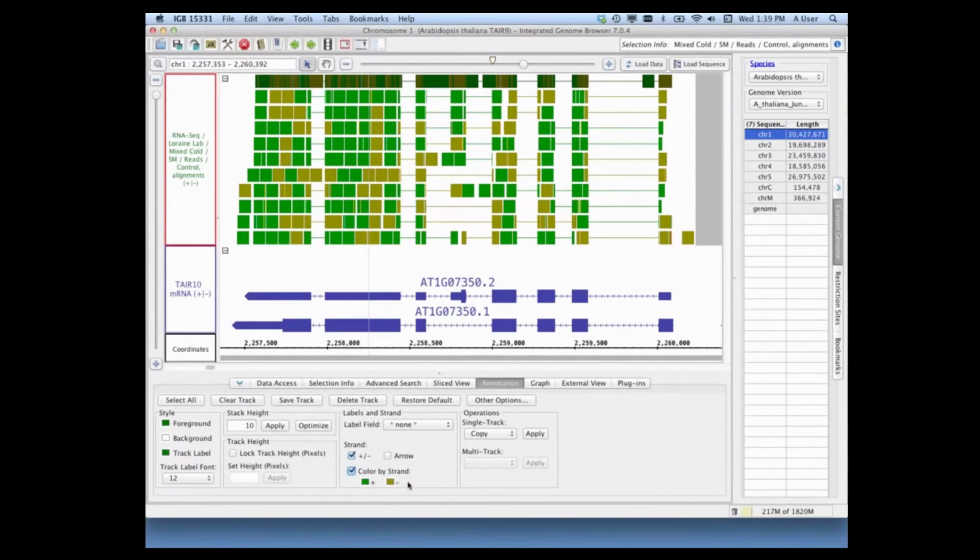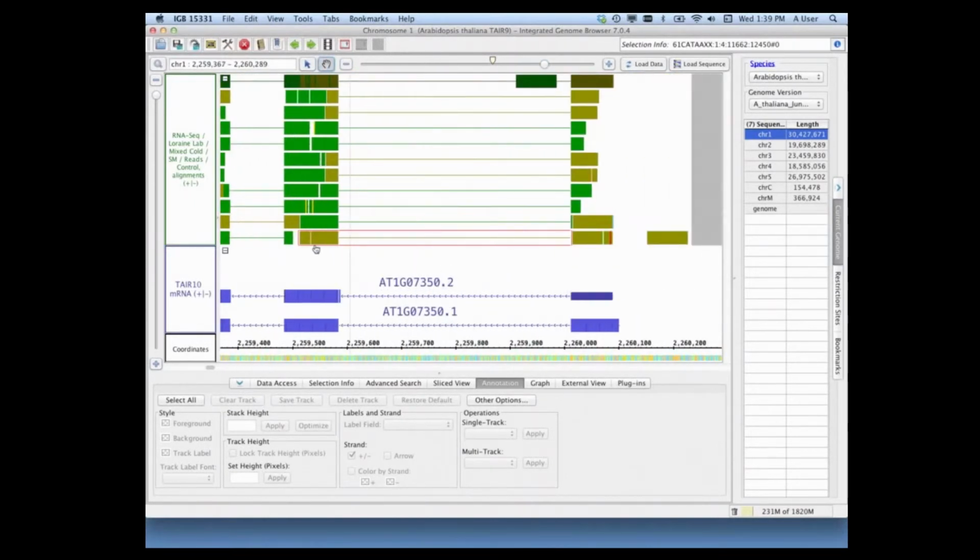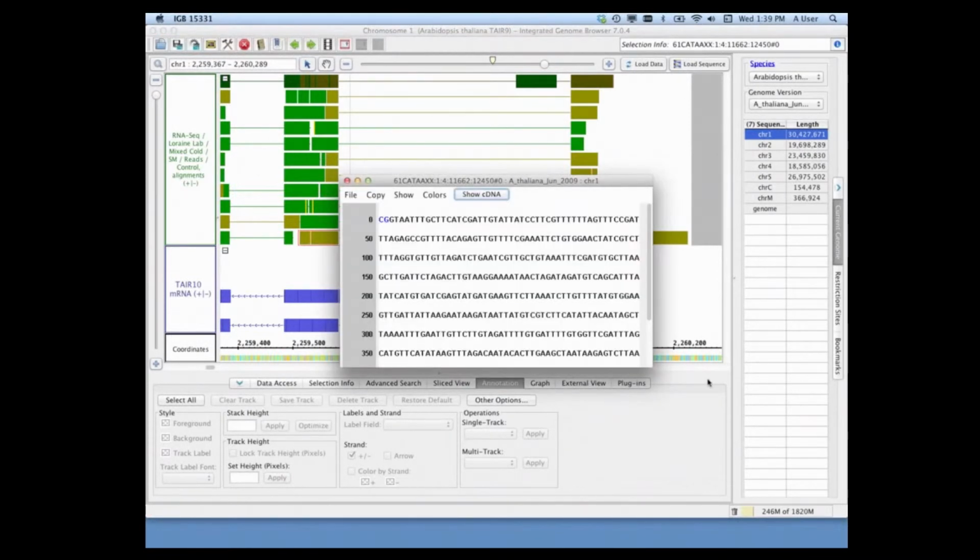The reason I want to show this to you is because if we select, let's say, this read, I'll zoom in a little bit so we can see it highlighted. This read has a gap in it and has a mismatch in it. And we have two options. We can either, once again, view genomic sequence in Sequence Viewer. And what this is showing me,